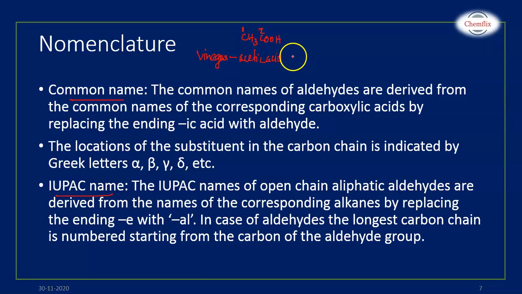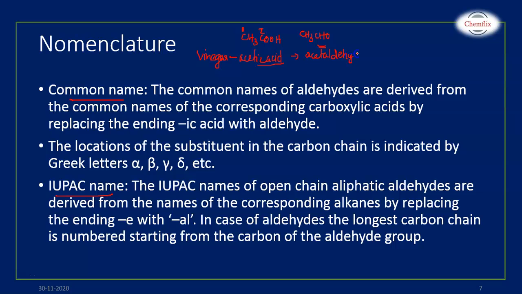So what will be the name of the aldehyde containing two carbon atoms? It will be acetal. I will show you. That is CH3CHO. The common name is derived from its corresponding carboxylic acid by replacing the -ic acid with -al, with the aldehyde,